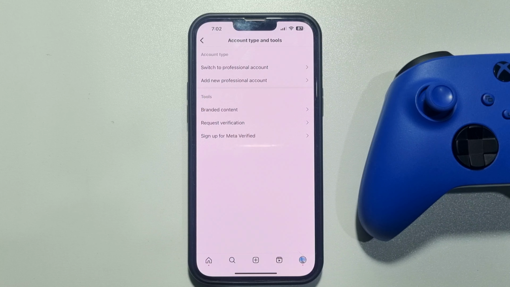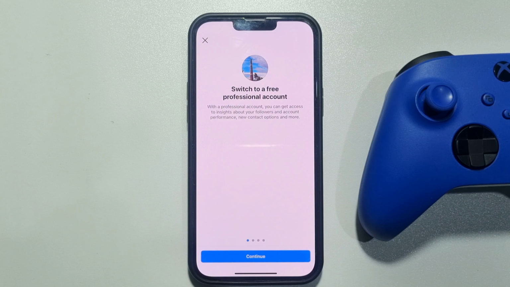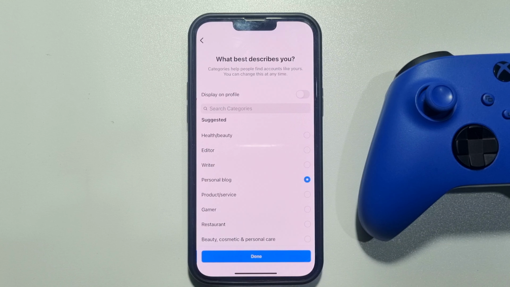and to switch to an Instagram business account, tap on switch to professional account, tap on continue four times, and now select a category for your account. Tap on done,